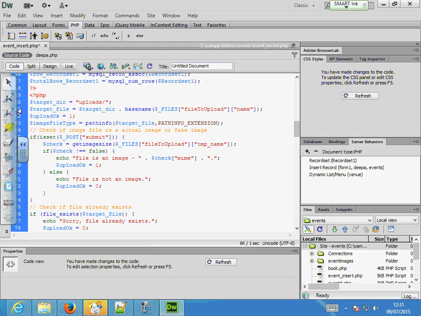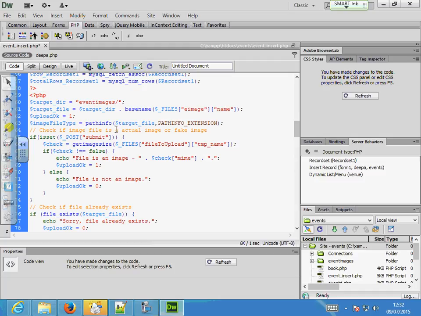But now these are the places which you need to change. This place is where you are going to upload your images. I want to upload them in event images, so I change that to event images. Here, our field name is e-image. Here our field box name is called e-image, that's what it is.